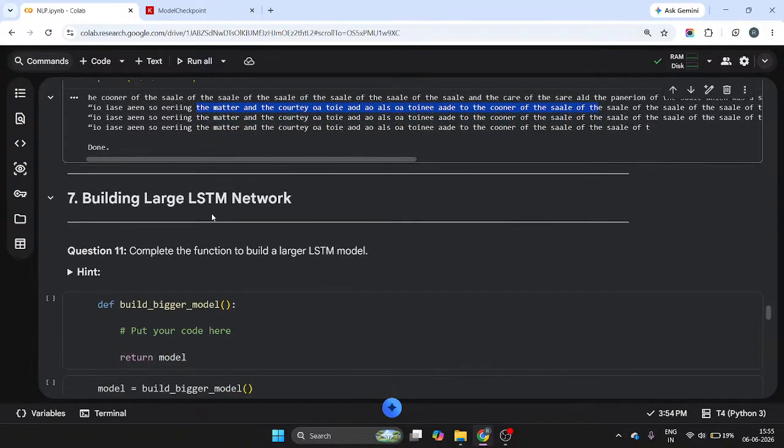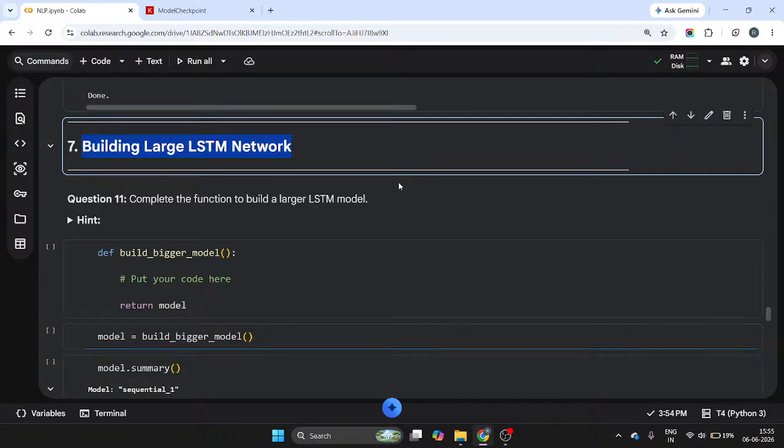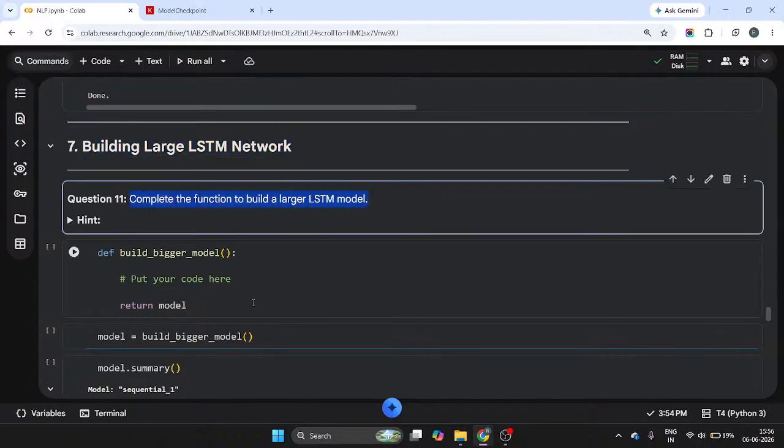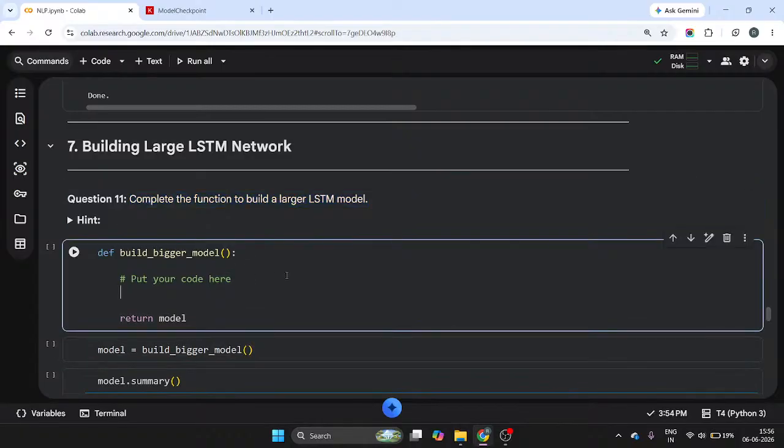Okay. So now what we will do, we will build a large LSTM network. Previously, we have built a small LSTM network. This time we will build a large LSTM network. So complete the function to build the large LSTM network. We will write code here for building the large LSTM model. What we will do, we will take more units in our model. Okay. So first of all, we will create a model object and save